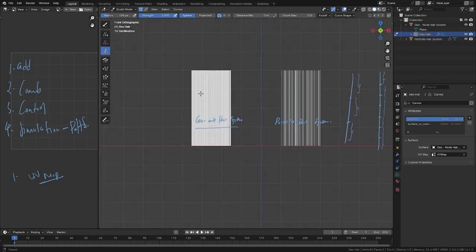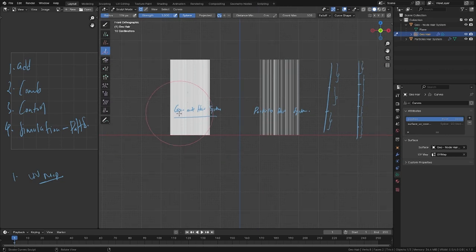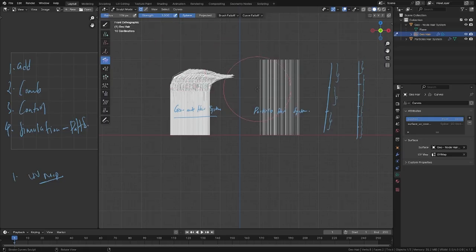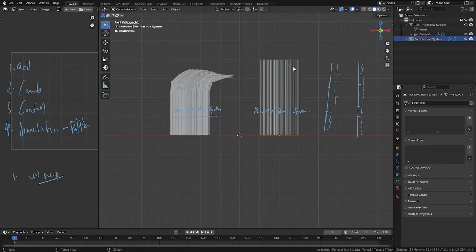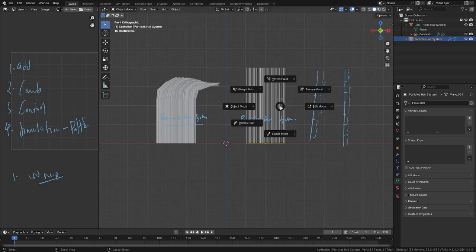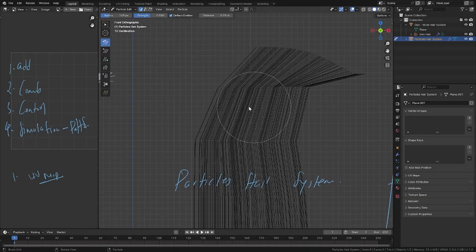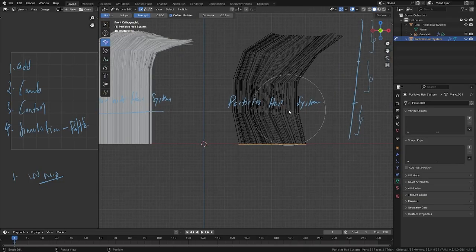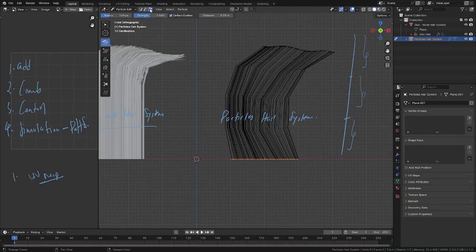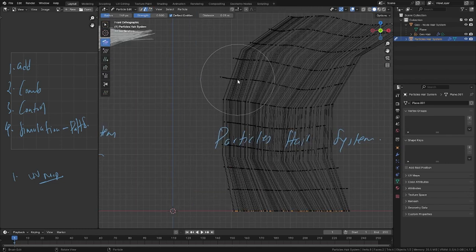And another thing is how to comb hair in gel hair. It's the same as the particle hair system. You can come to comb, you choose your brush, then continue combing. While in the particle hair system, if you select your hair, then you go to particle edit. Here in the particle hair system, we don't go to scalp mode, but we go to particle edit. If you select particle edit and choose your comb brush, then you can start to comb. If we enable our points and see how many points we have,